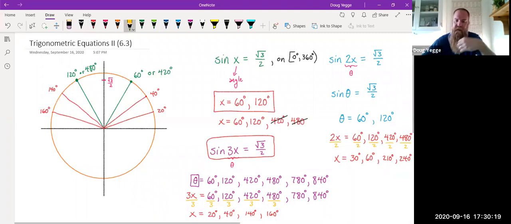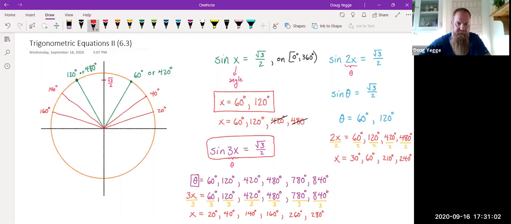But finally, by taking my third rotation, when I divide the third rotation by 3, that puts me back into the first rotation again, which is still from 0 to 360 degrees. And so 780 divided by 3 is, what is that? 780 divided by 3 is going to be 260 degrees. And now 840 divided by 3 is 280 degrees,